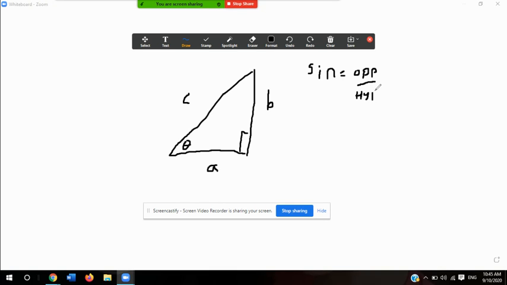Opposite over hypotenuse. Now, what is opposite referring to and what is hypotenuse referring to? This is what I mean. When I talk about opposite, I mean opposite of the